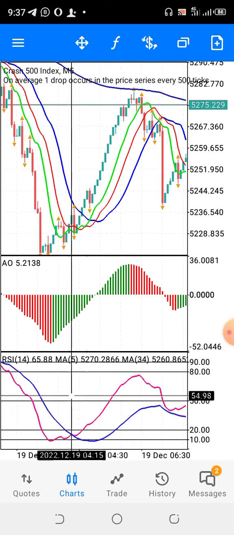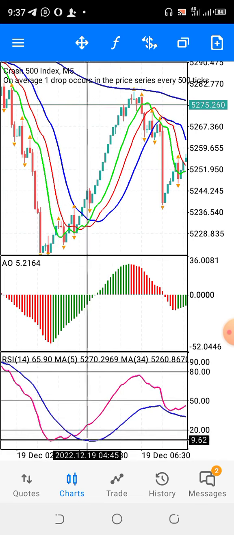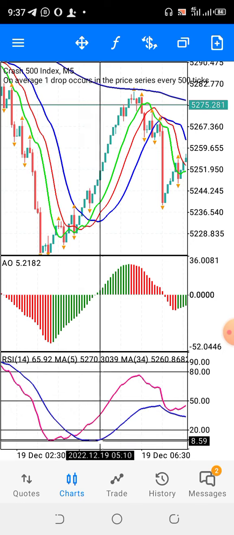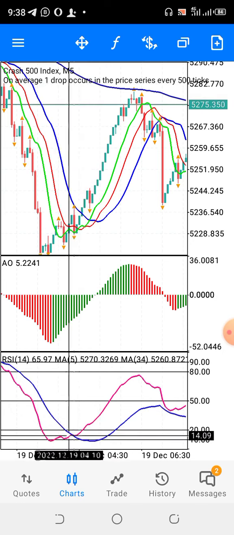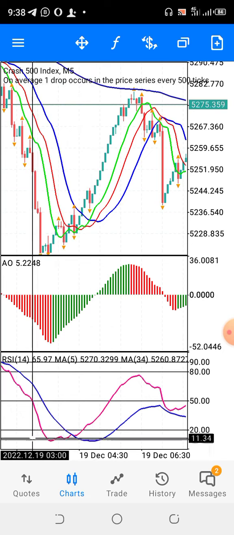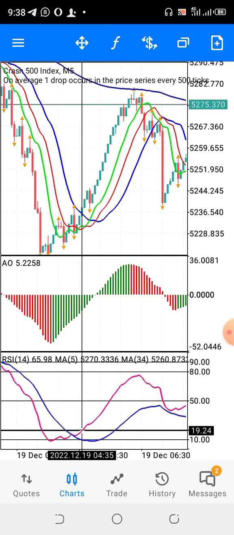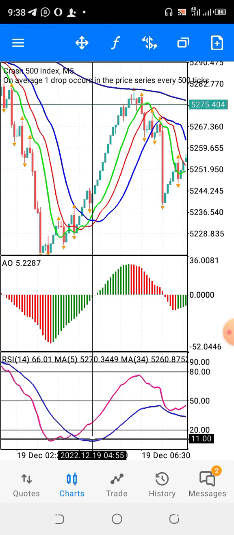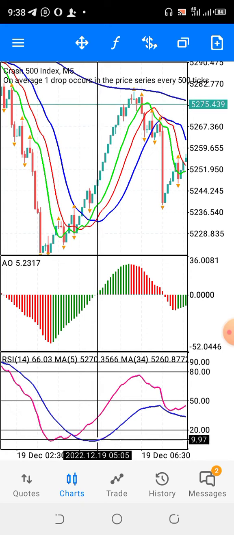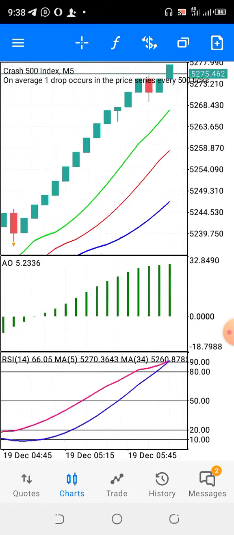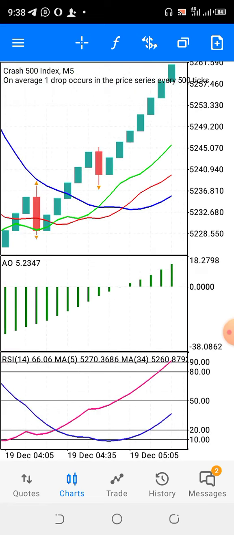Make sure that the blue line will come lower to the 10 levels. Two of them, make sure that this one will come low and this one will come low. But the first one will first cross the 20 levels. If that one crosses the 20 levels, allow this one to cross into the 10 levels. If it will step and cross this line, the 10 levels,